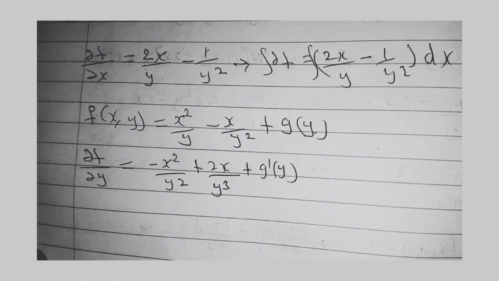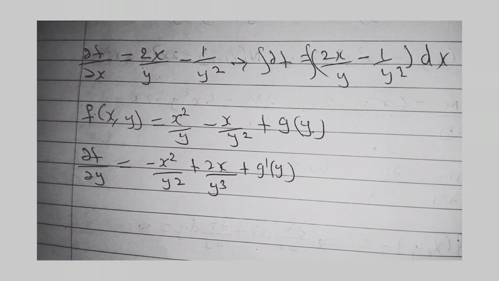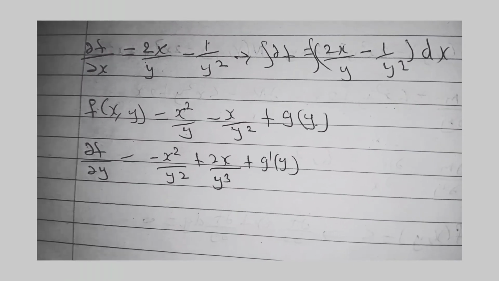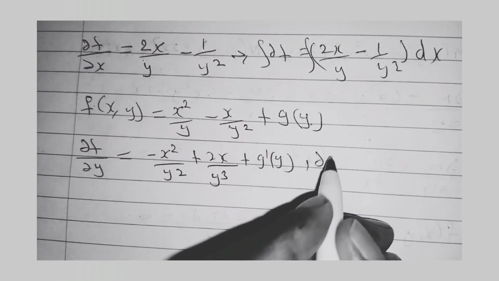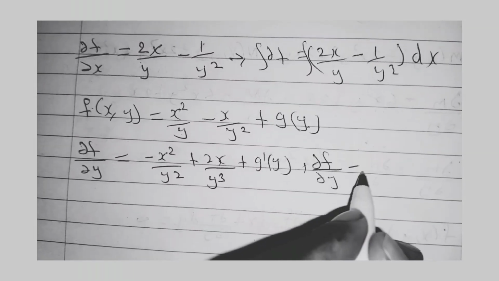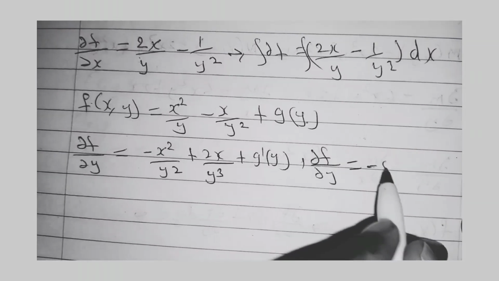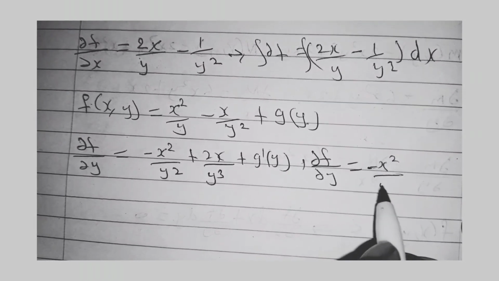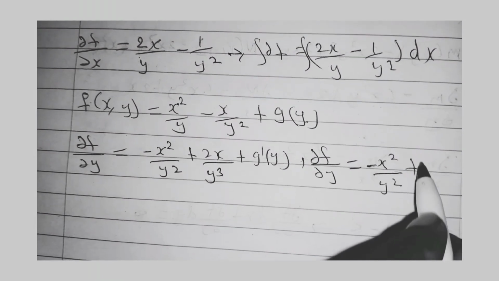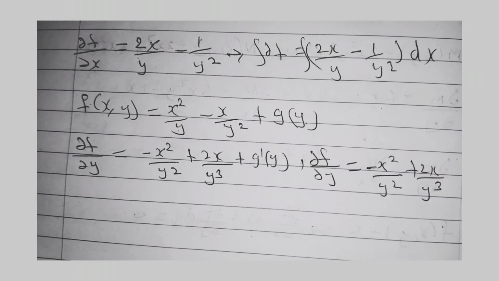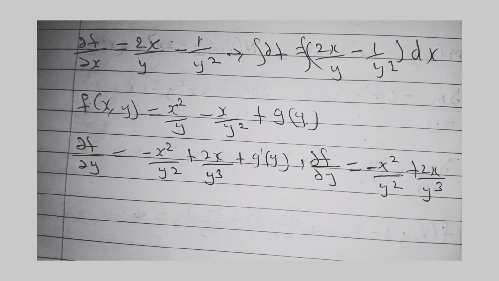Then from that now, we can compare with the given equation, whereby we can compare with what we have there. We have df of dy in the above equation is equal to negative x squared over y squared plus 2x over y cubic. That is what we have in our above